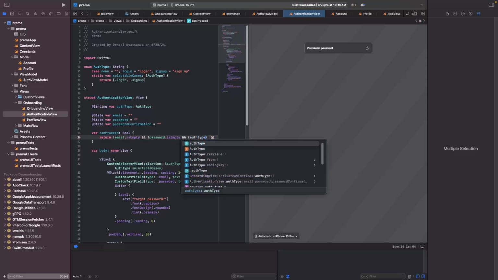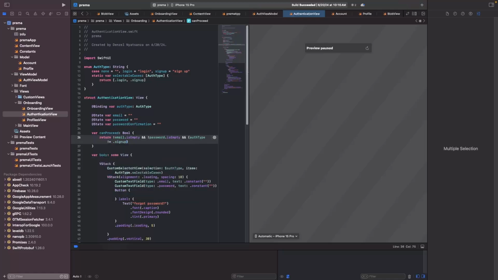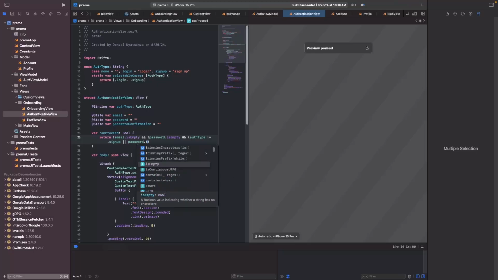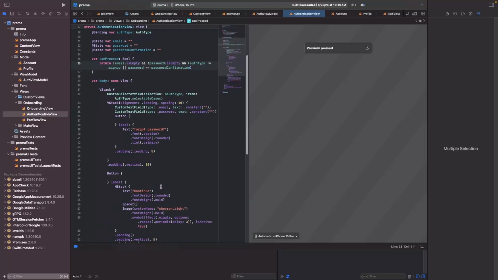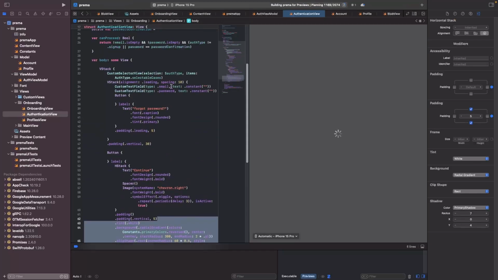I want to put this in brackets, and what we're going to say is auth type does not equal to sign up, right? Or means it does equal to sign up. We're going to make sure password is equal to password confirmation. And so that should handle pretty much most of our kind of like the standard